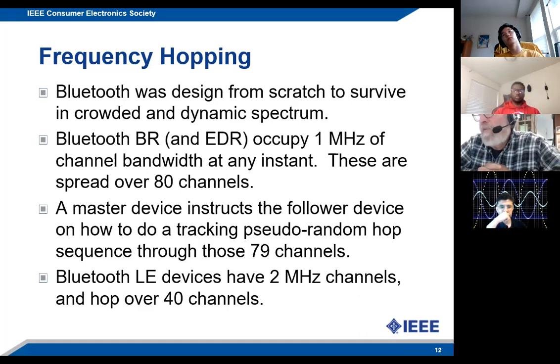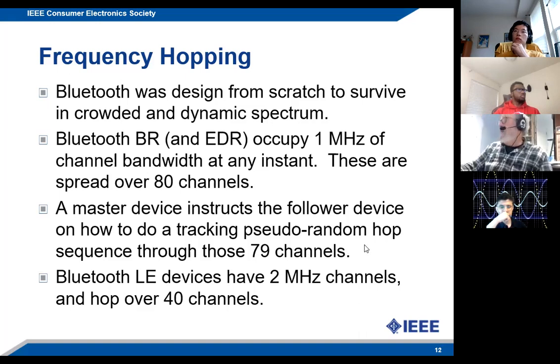So they're jumping pretty fast. The master device instructs the follower on how to do a tracking pseudo-random hop through those 79 channels.